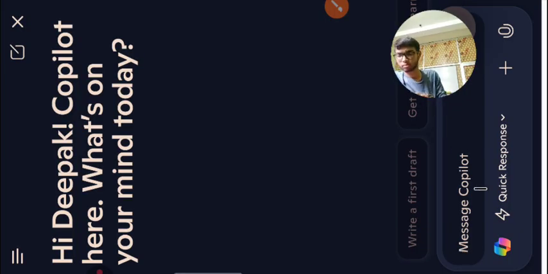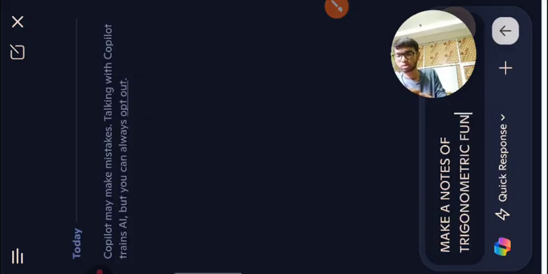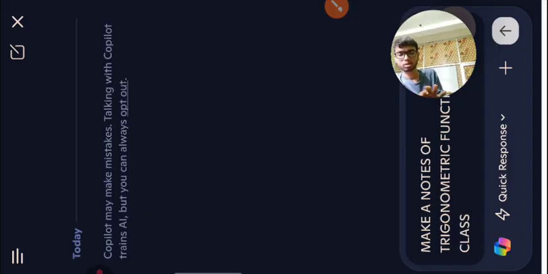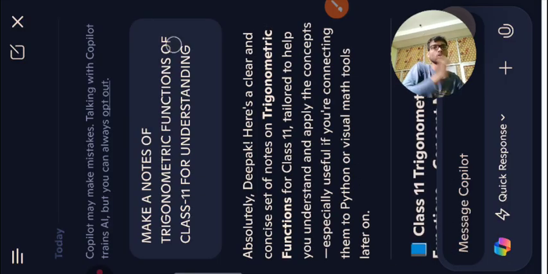Make a note of trigonometric functions of class 11th for understanding. For understanding. So it is saying